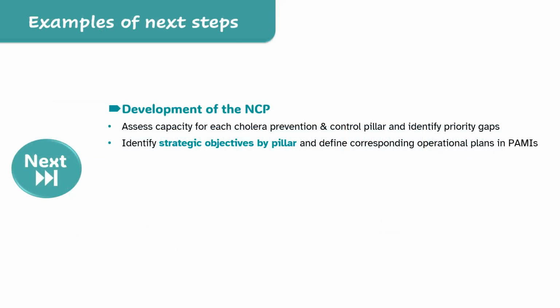Upon completion of PAMI identification, the next step is to develop an NCP. Capacities in PAMI are assessed for each cholera prevention and control pillar, and priority gaps are identified accordingly. This then serves to identify strategic objectives for each cholera prevention and control pillar and design operational plans in PAMI